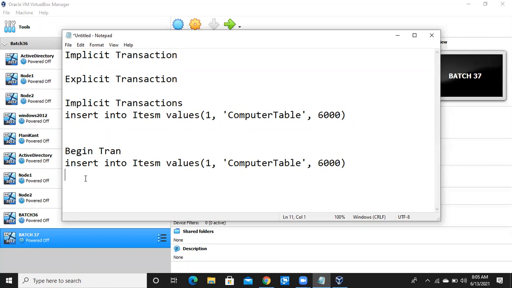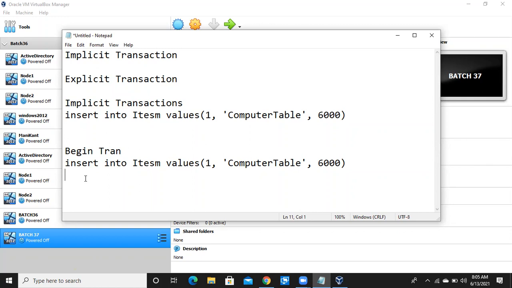Got it? If you want to give both begin tran and commit, okay. If you don't want to give, leave it. Just write the transaction. SQL Server will give begin tran and commit. But if you start begin tran and don't commit, the transactions are uncommitted transactions, which are not permanent transactions. You cannot see the data in the data file. Only the data will be stored in the log file temporarily.